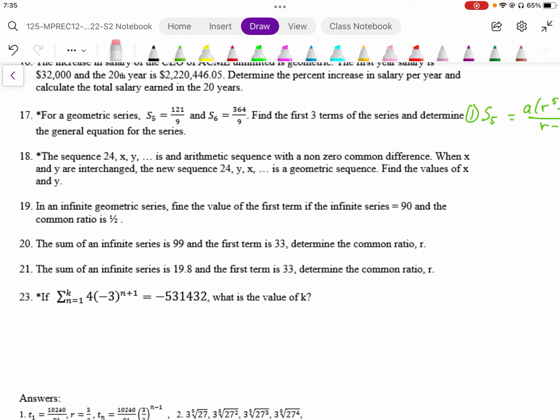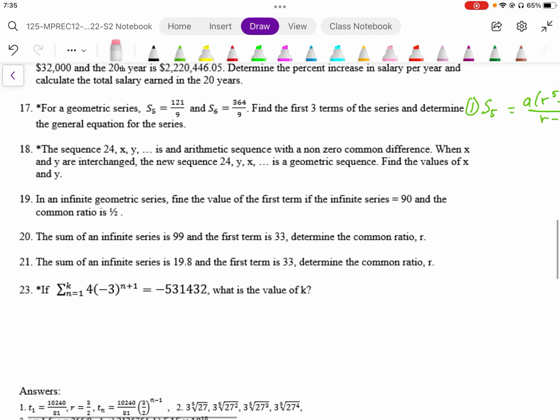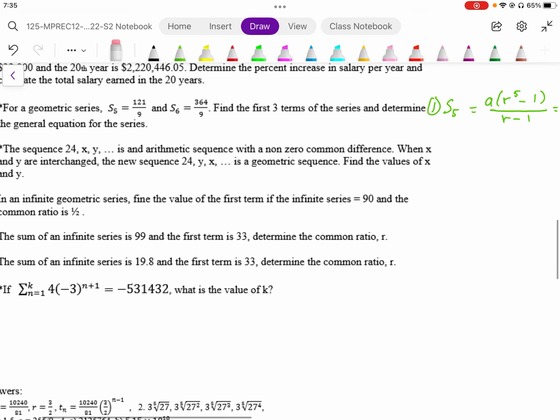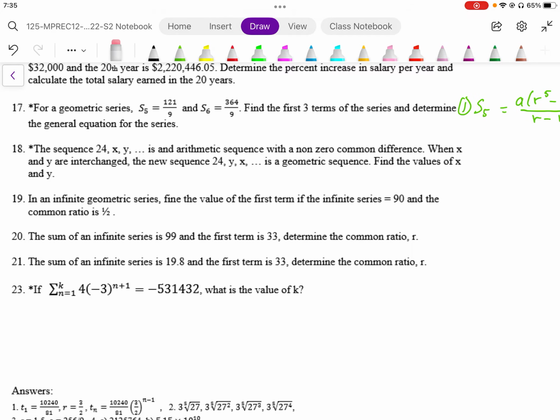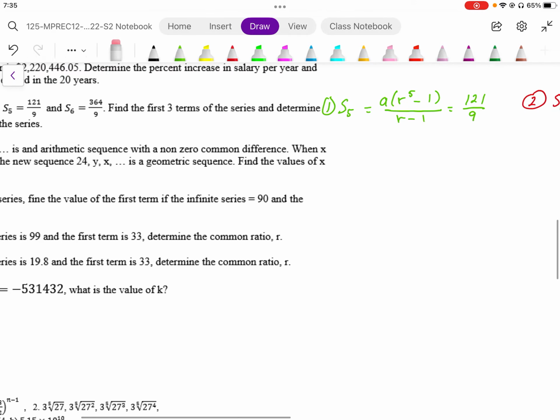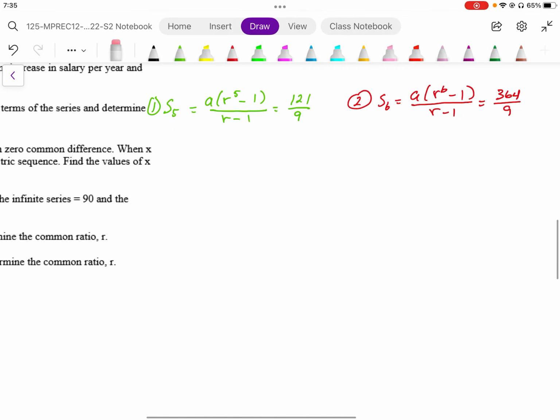17. For a geometric series, S5 is equal to 121 over 9, and S6 is equal to 364 over 9. It says find the first three terms of the series and determine the general equation for the series. So first of all, we've been given these two terms, and we really need to find A and R. So I've set up a system of equations where we express S with A and R,